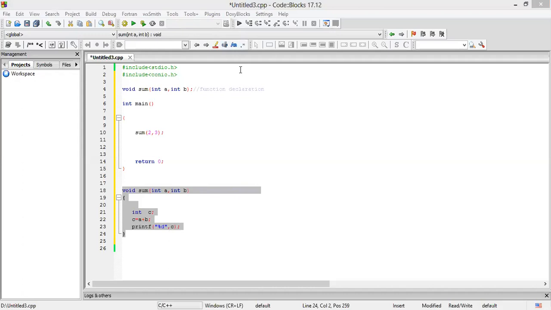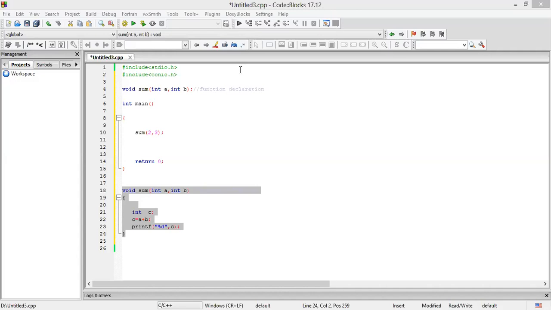Okay, here it is like this: whenever a new child is born, what are we doing? We are registering that child using an Aadhaar card with the government. We have to register that child with the government. For that, we make the Aadhaar card. So the same thing here: we have made one new function, but we have to register that function in the main function, so that the compiler can know that there is one function whose name is sum.